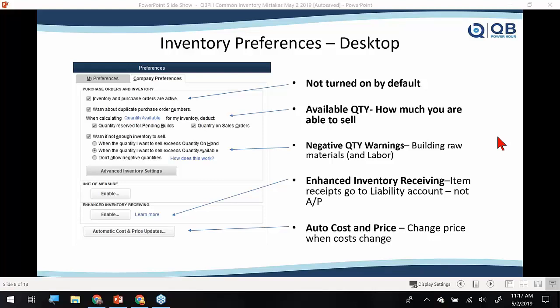And then auto cost and price. This will allow you to automatically adjust price when costs change. That's a good feature to have, or could potentially be a good feature to have, and just a preference to what you want to do with that. So on the next slide, we're going to talk about the inventory